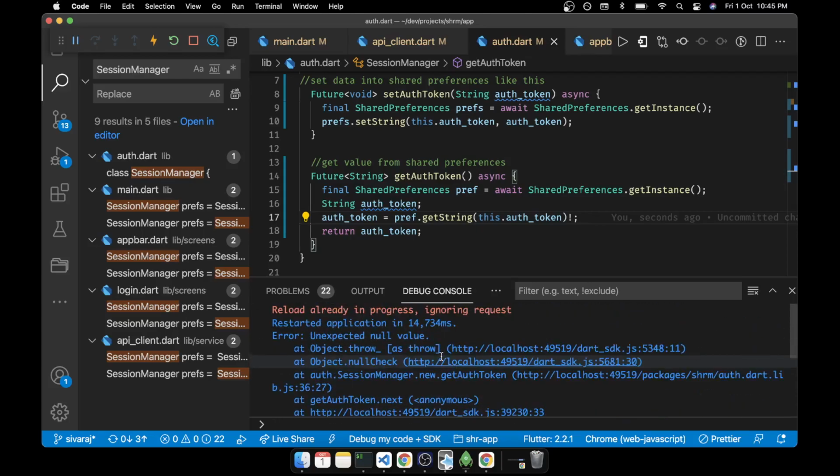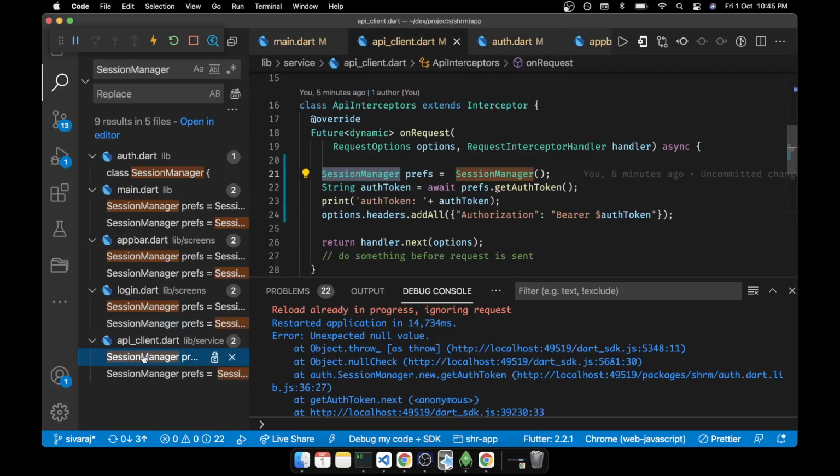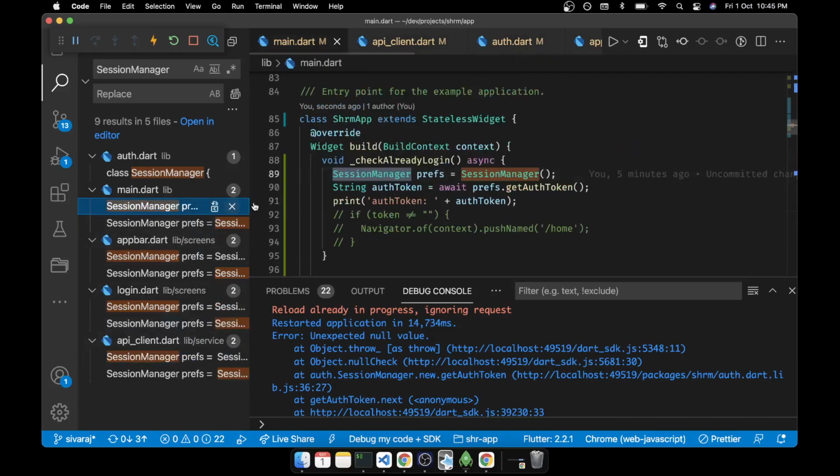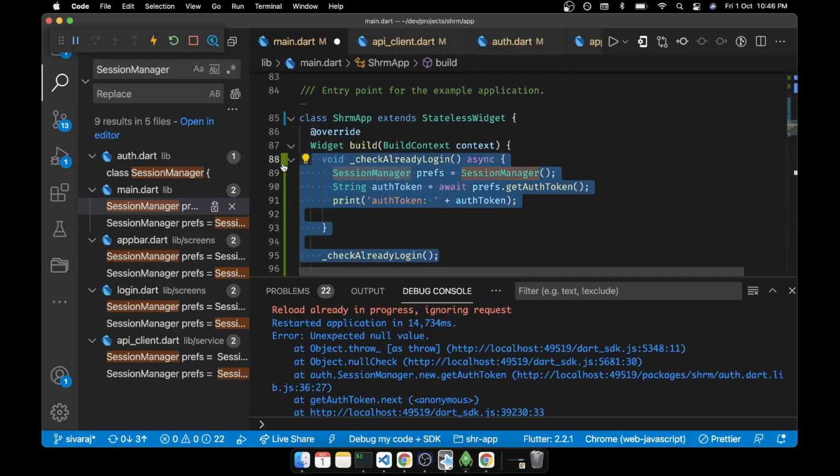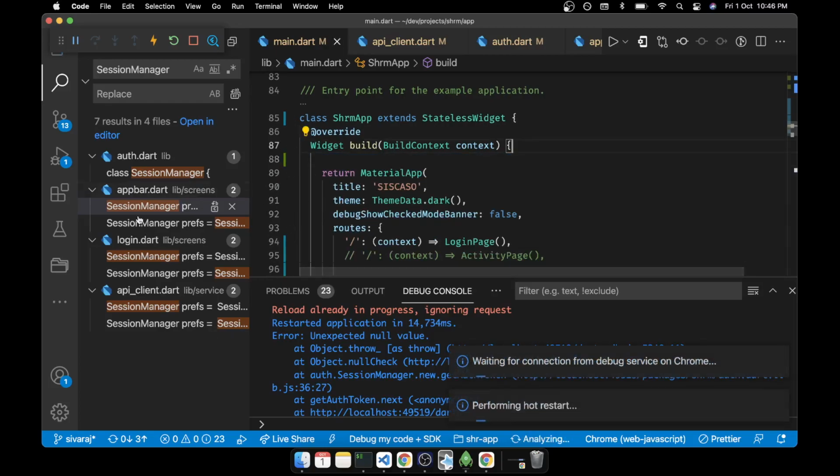What is the problem here? What more? Unexpected null value. Okay, so the first mistake that I have done: we should not do trial and error for all the places. What we can try to do, first we'll try to avoid this part. We try to avoid this part as well. So one problem is done.